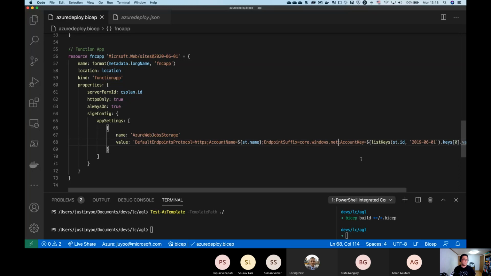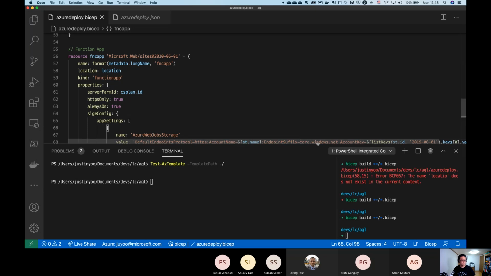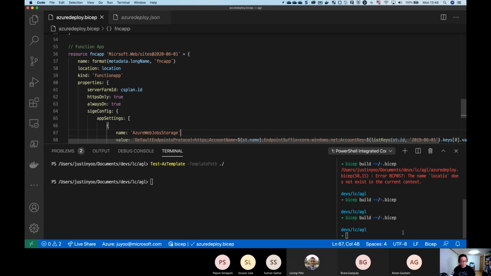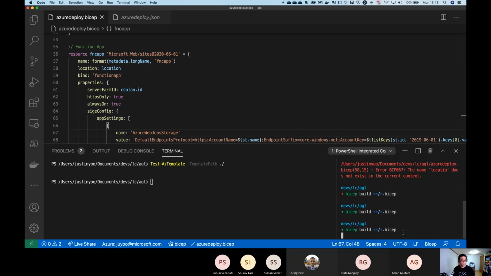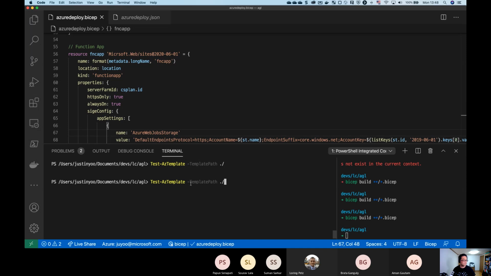The storage account has the suffix of core.windows.net, right? So if I use this, and it should, hang on. So yeah, the Bicep file is generated okay, but if I run this,